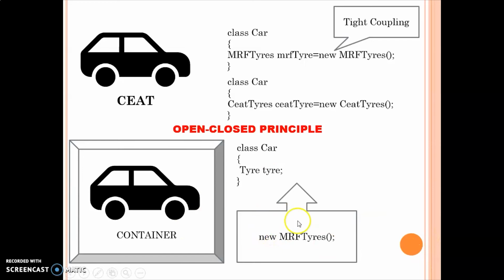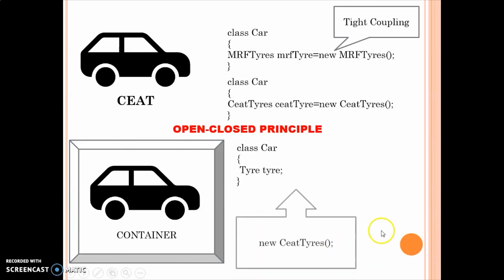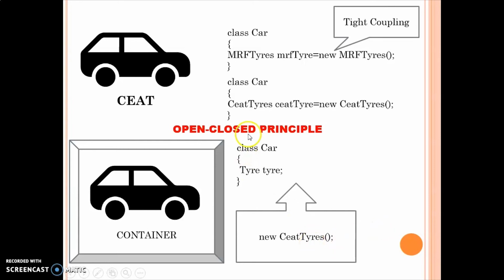Today I'm using MRF tires, I can have the object of MRF tires. Tomorrow, if I want to change this to, let's say, CEAT tires, I can easily do that without, you can see here, changing the car class. There's no change in the car class. It's the container who's doing the job for me and getting me the object that I wanted, right? This is what Spring Framework enables us to easily implement,